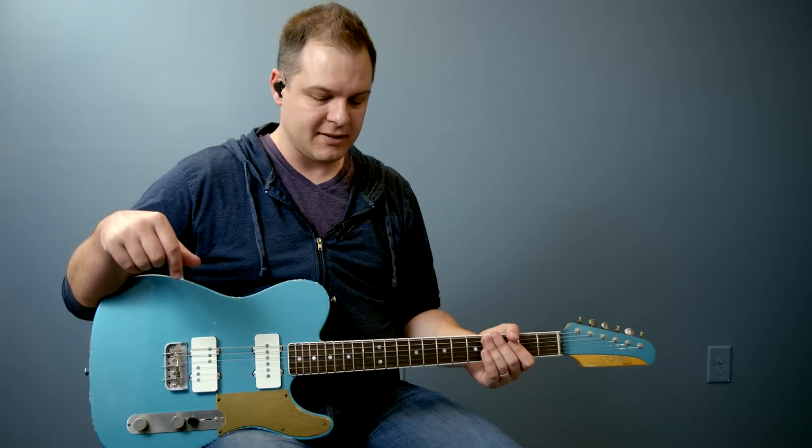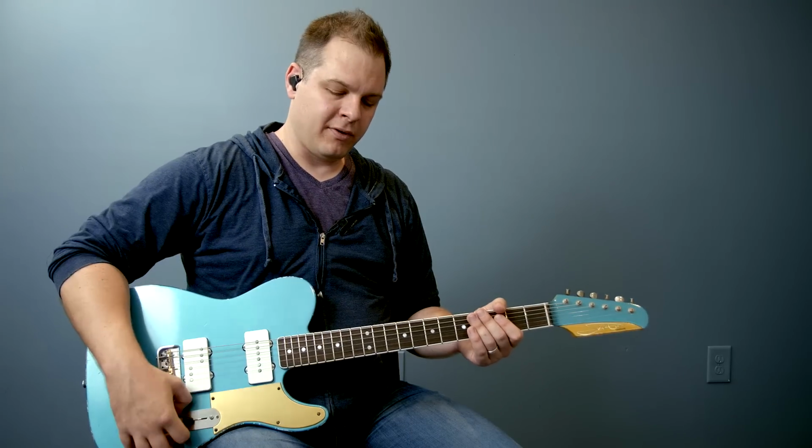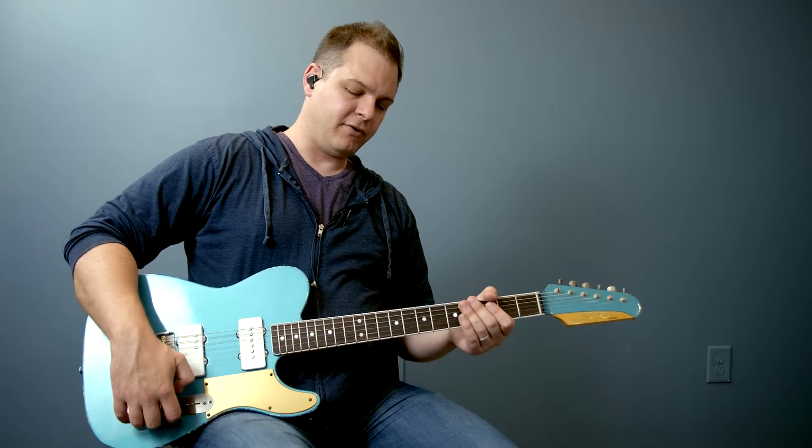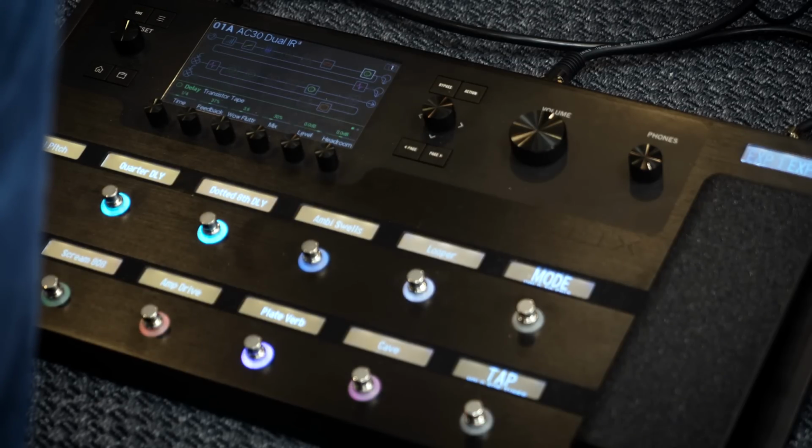I'm using a Line 6 Helix. I've got an AC30 amp model. I'm running it pretty hot, and I'm running a lot of drive in front of it, a Tube Screamer and a Klon. And this is important on this one. I'll turn all the drive off and show you. I'm running dotted eighth and quarter note delay at the same time, and it's at 79 BPM if you want to dial that in on your delay pedal, because getting that delay sound is important, and when you hit a note, it sounds like...